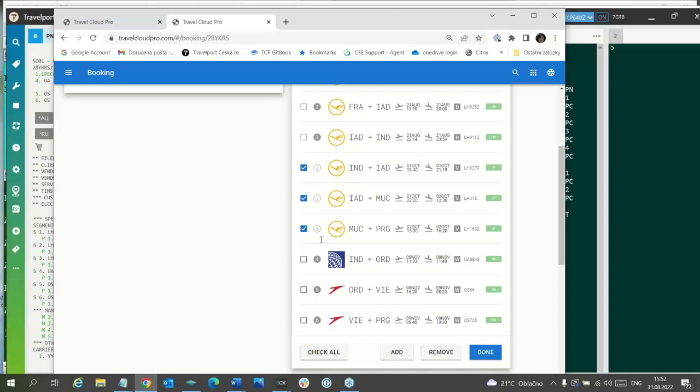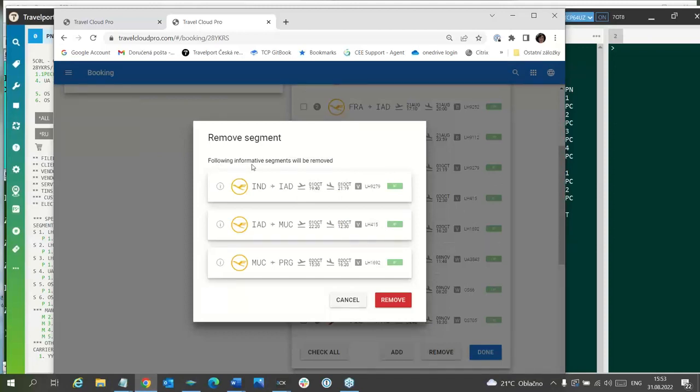So these are informative segments and I can remove them, but don't remove the real segment, because TCP will ask you if you would like to remove a real segment just before issuing the ticket. Not now at the beginning, but just before issuing the ticket, you can remove a real segment. So now I will remove only these informative segments. Following informative segments will be removed.